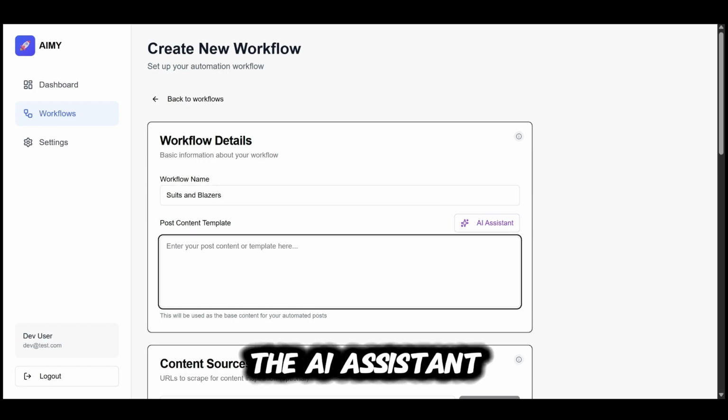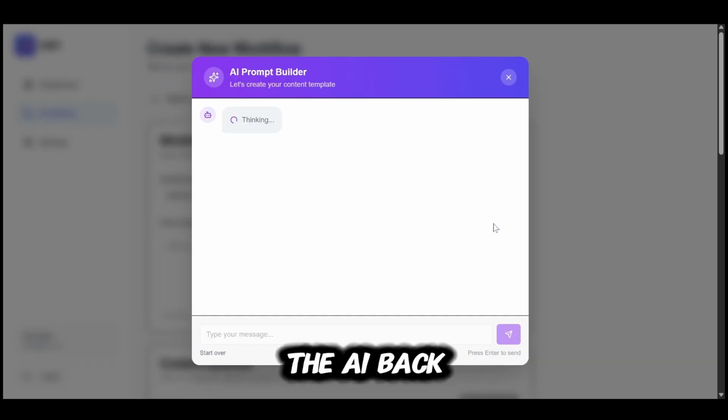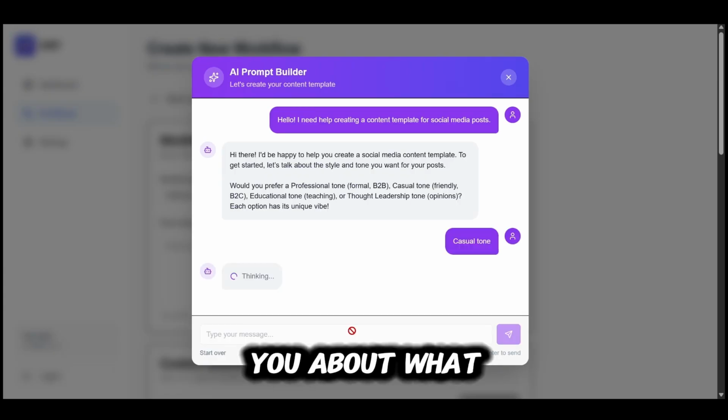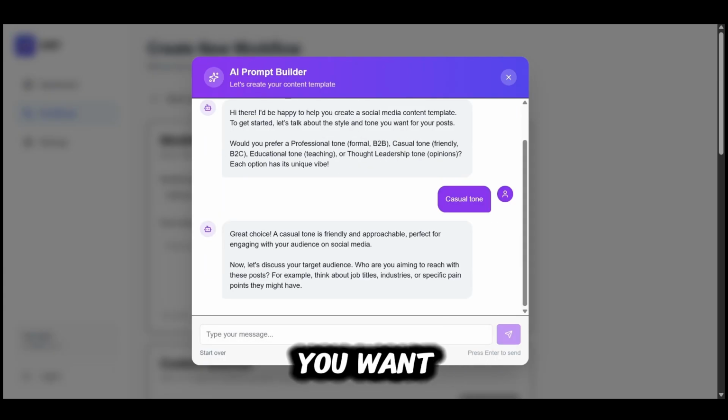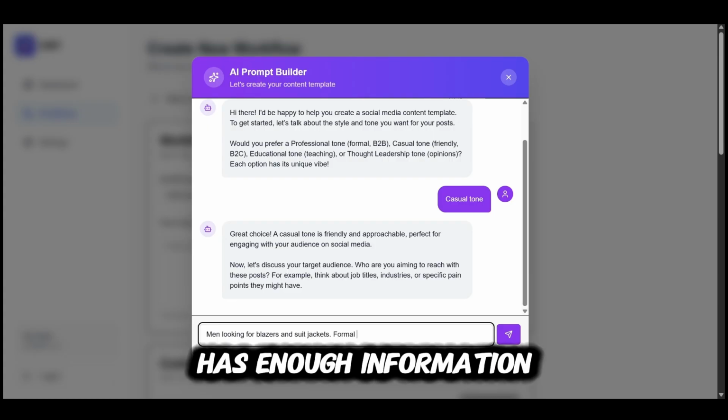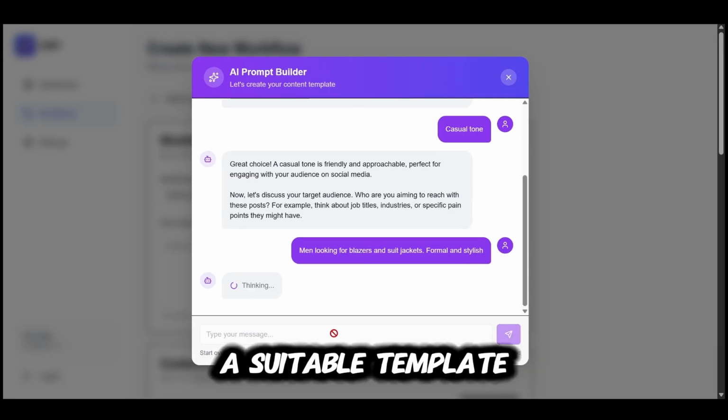Then we click the AI assistant to develop our template for this post. So we click AI assistant. Now we're talking to the AI backend, and it will talk you through how to create your template. It will ask you about what type your tone you want, the target audience. You need to tell it who the target audience is, and then it will give you more questions till it finally has enough information to give you a suitable template